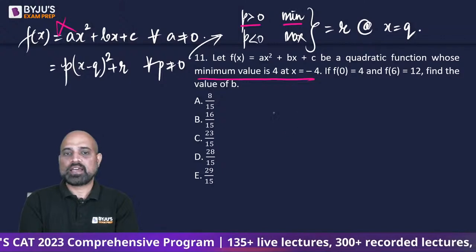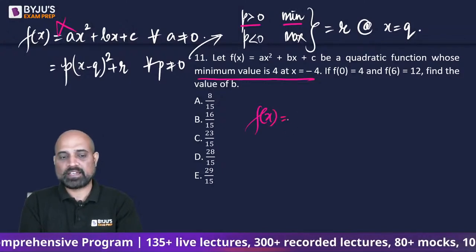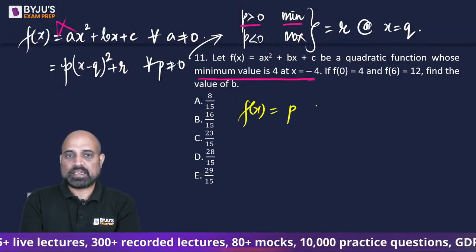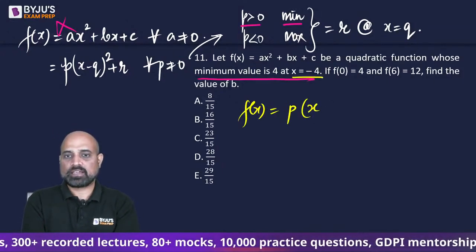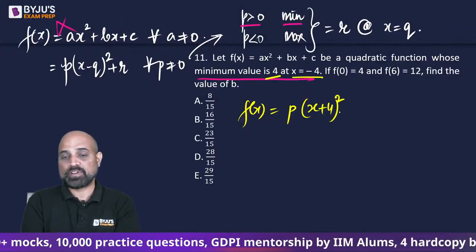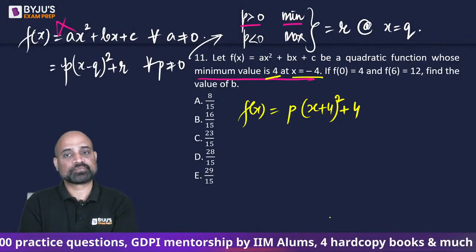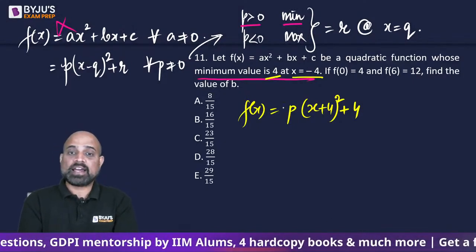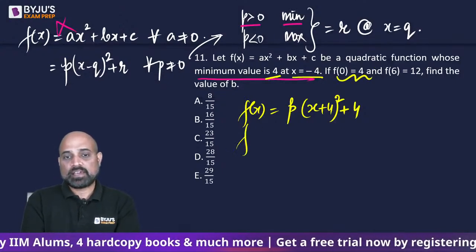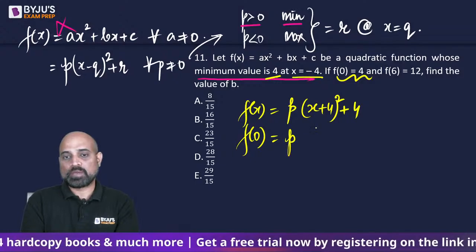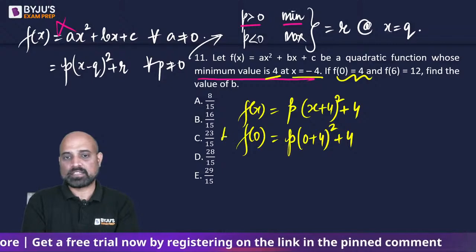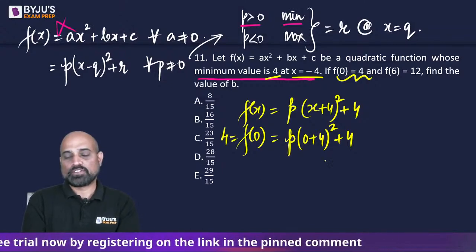So when I read only this, तो मेरे को पता है कि मेरे को minimum मिलना है. As in, I will have something like p times x minus, कहाँ मिलता है? minus 4 पे. So x plus 4 का whole square, and what is the minimum value I get? I get a 4. Now I need to find out the value of p here. तो उसके लिए हमें ये given है कि f of 0, which is going to be p times 0 plus 4 का whole square plus 4, and this is given to us as 4. So if we solve this,